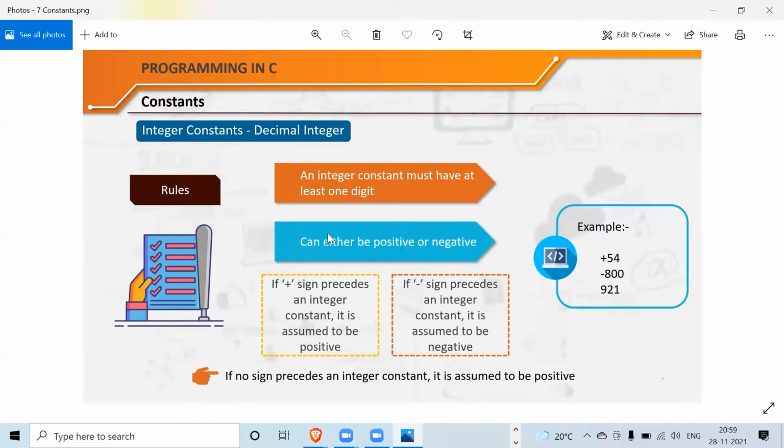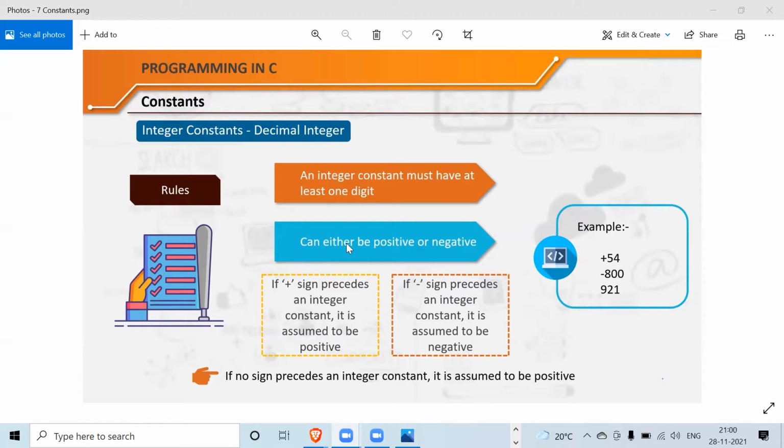So now, what is a decimal integer? Can anyone tell me what is a decimal integer or a decimal integer constant? You can unmute your mic and speak. Integers whose combination is from 0 to 9. Yeah, any number which is made with the combination of 0 to 9 falls under decimal. And a decimal integer constant is any integer made with the combination of 0 to 9, whose value does not change throughout the program.